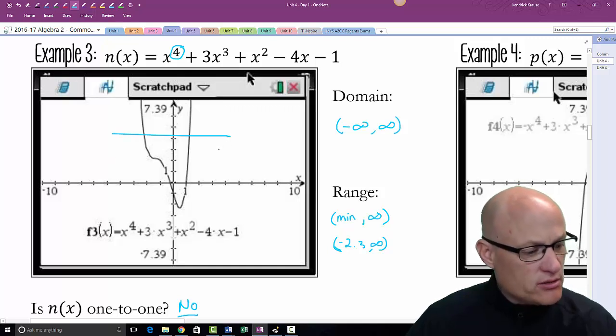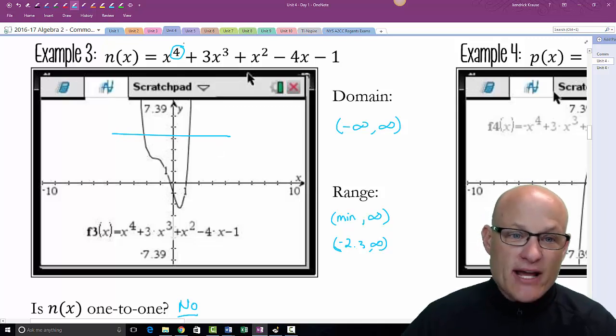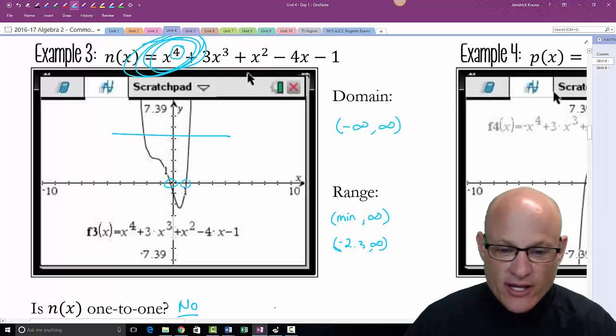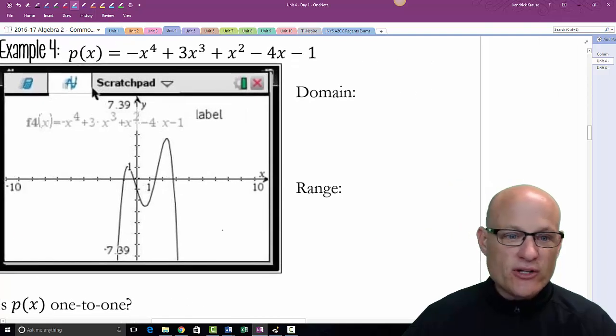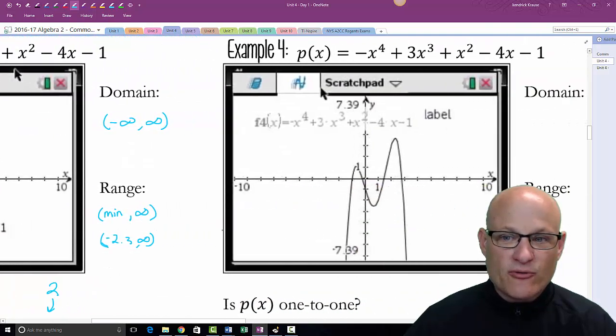And how many real solutions does this one have? Now, it could have a maximum of 4, but in this case, I only have 2. So for that question down there, write a 2. All right, let's slide over to the right. The only difference between that one and this one is it has a negative leading coefficient.